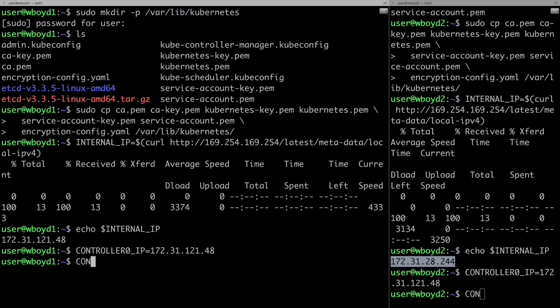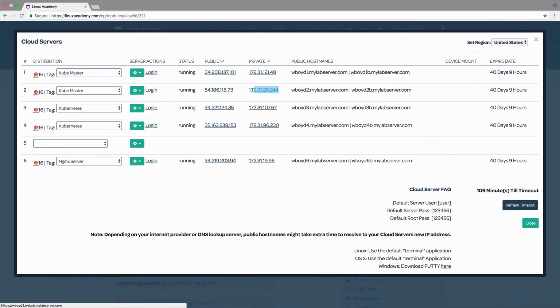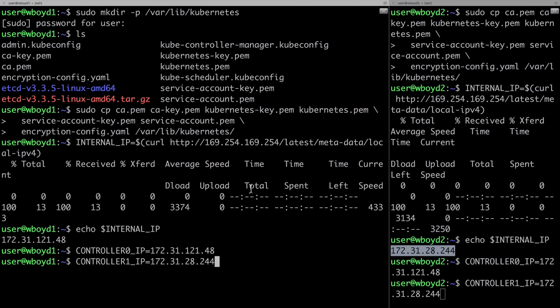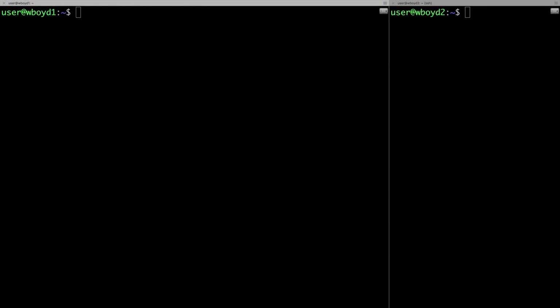So of course, I'm also going to set up a controller1_IP. As you may guess, I'm going to need to copy the private IP of my second control server over here. So I'll copy that private IP and set that. Again, controller0 and controller1 IP have the same value on both servers, whereas internal IP has a different value for each server. So now that I have set those environment variables, I'm ready to go ahead and generate my